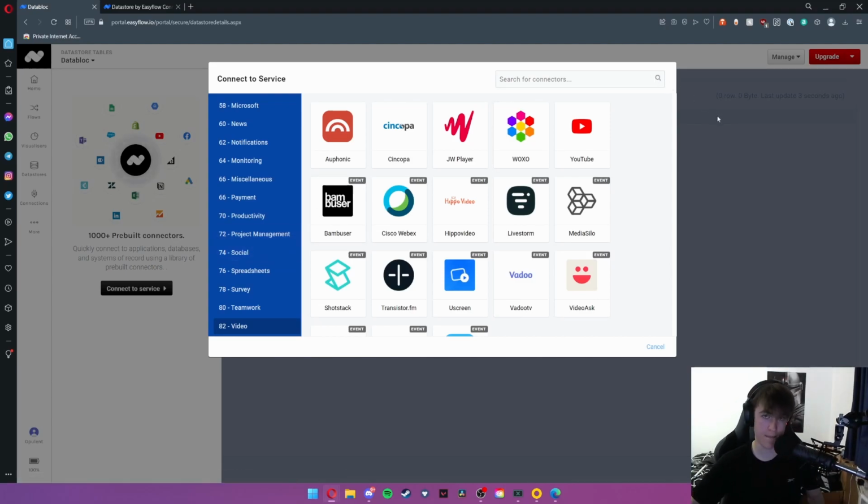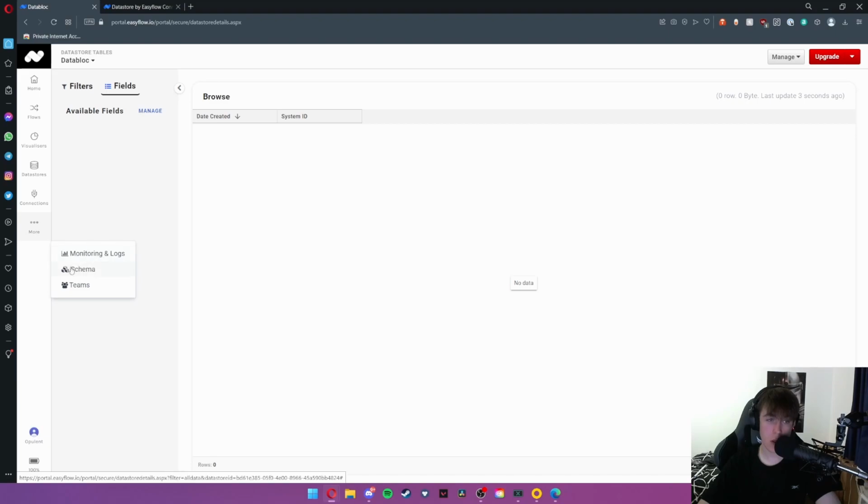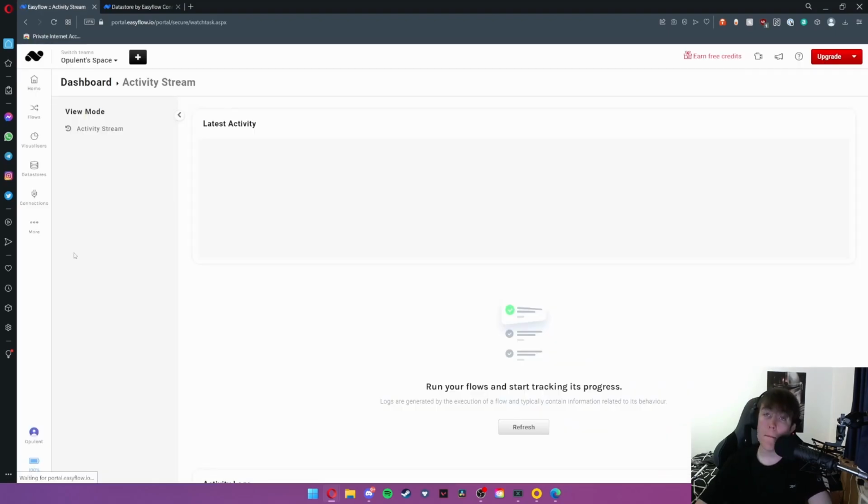for that software. Now going to more, we have monitoring logs, schema, and teams. By hitting monitoring and logs, we can monitor all of the activity that is going on and start tracking progress of all of our flows. So once you've created a flow, that's not the end of it. Once that's all working, you can make sure that it's all working correctly. You can track its progress. So if you needed to go back on something that happened a long time ago, this is essentially where you